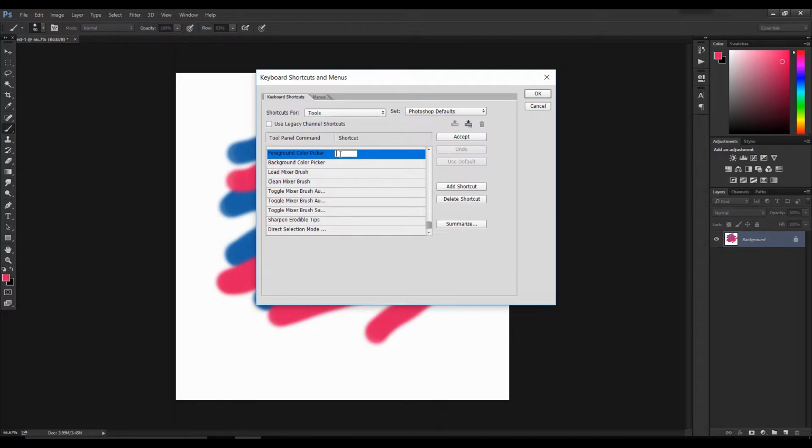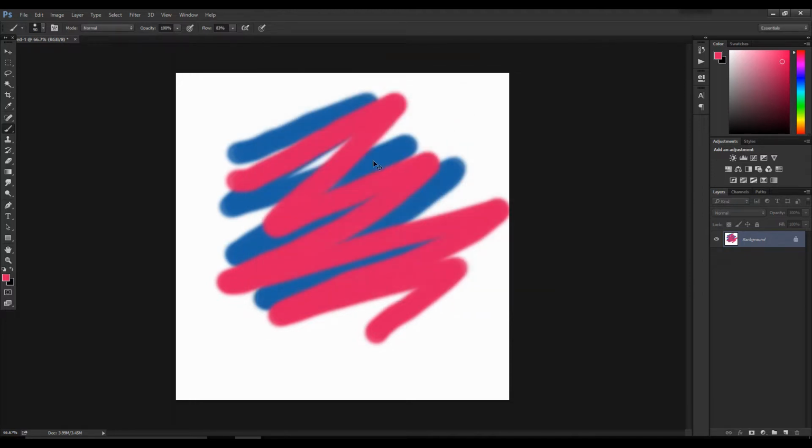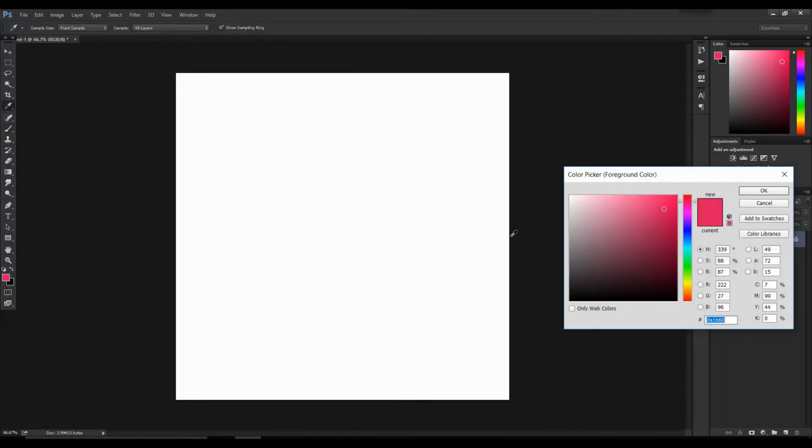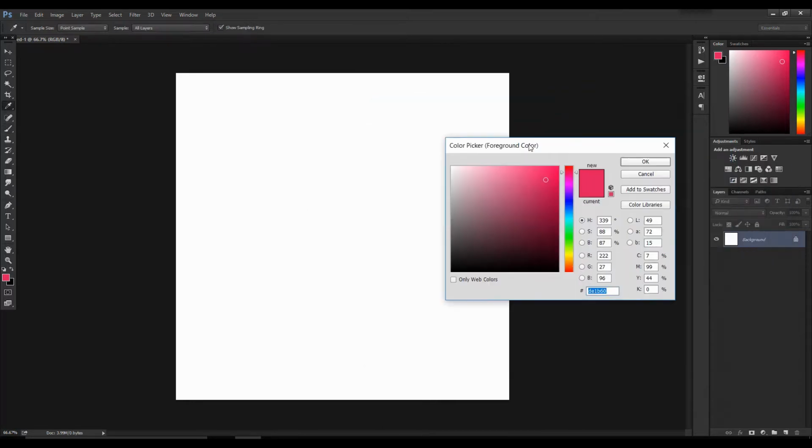Let's say I am using F to be more simple, but make sure that this particular shortcut is not used by any other tool. Since I don't use this tool at all, I can go for F. Accept. OK. Now if you see, first let me delete this. Now if you see, if I simply press F, the color picker tool automatically opens.